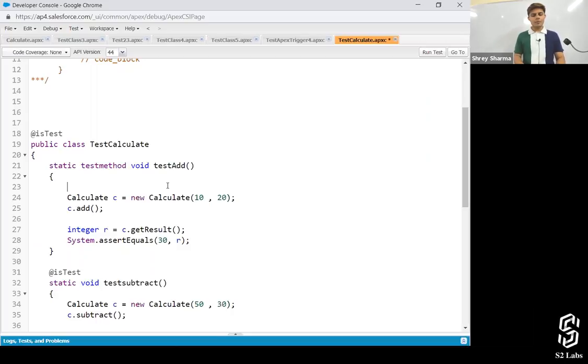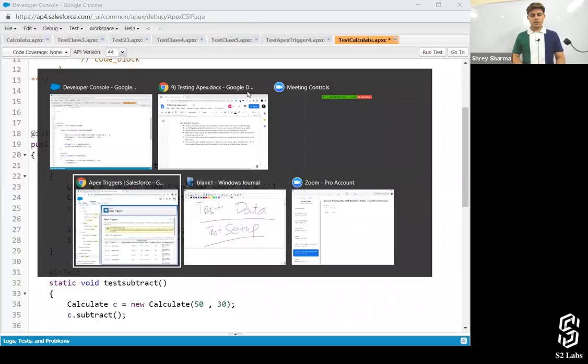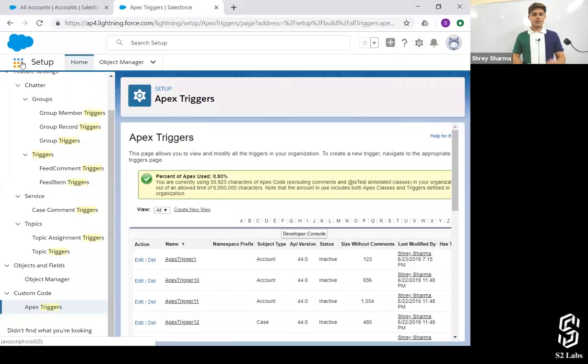So currently we are talking about System.runAs. Let's do it. So I've got Shrey here.